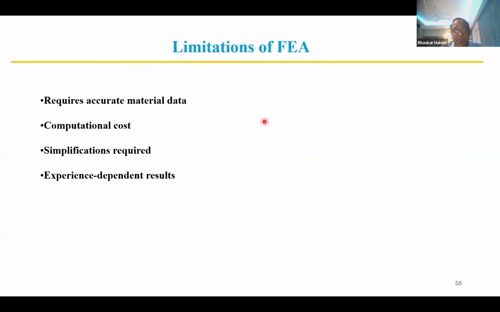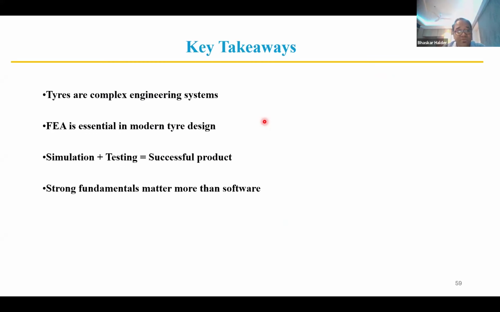So again, what is the limitation of FEA? The limitation of FEA is that we have to put in accurate material data. Without accurate material data, the result will be different. There is some computational cost, simplification is required, and the results are experience dependent. Because those who are experts in FEA for a longer time have their own experience to get the result in an easier method. So this is all the